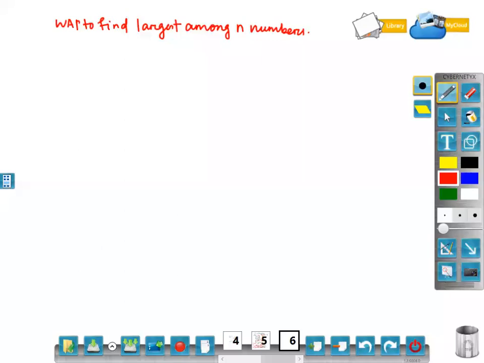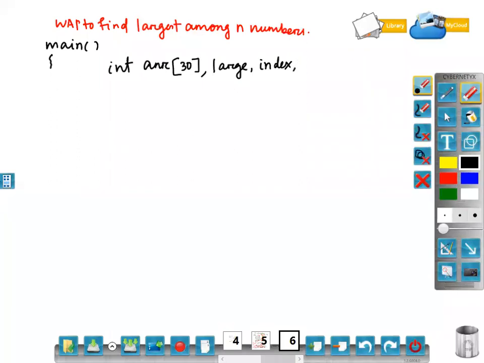How? I will declare one array. I will use a large variable. I will use an index variable. Clear? And one more, like in the last example, we have used a size variable.